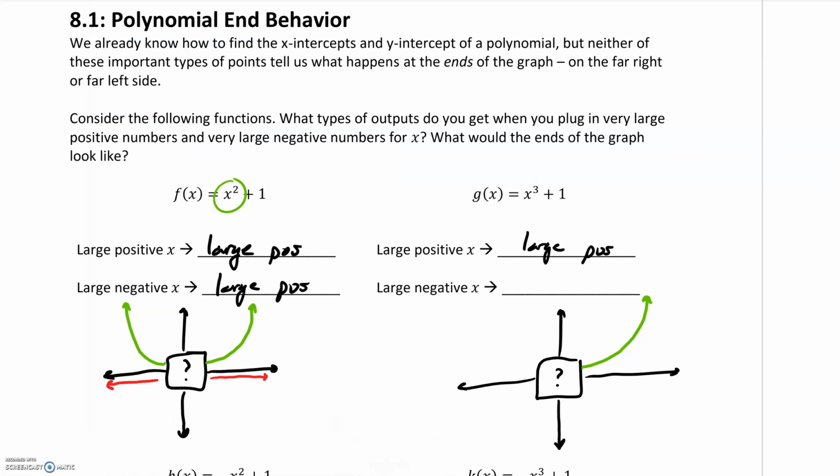So what will that look like graphically? As x goes negative, my y value is going to get bigger and bigger and bigger to the negative. So large negative values give me large negative values out. Okay? Now, let's go down